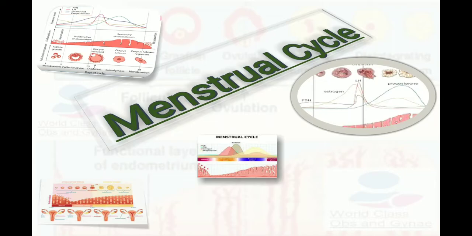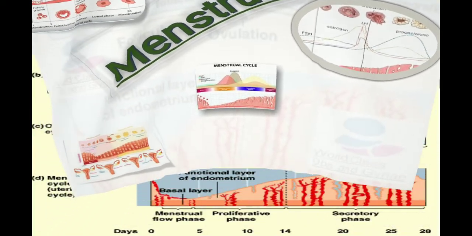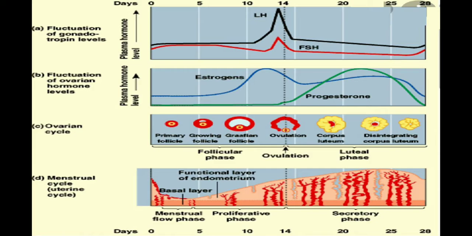Today I'm going to discuss a very important topic in obs and gynae, and that is the menstrual cycle. You can see an overview of the menstrual cycle from this diagram. Now, starting from bottom to top, you can see different changes. And when I tell you from top to bottom, you can see that on the top diagram, we have fluctuation